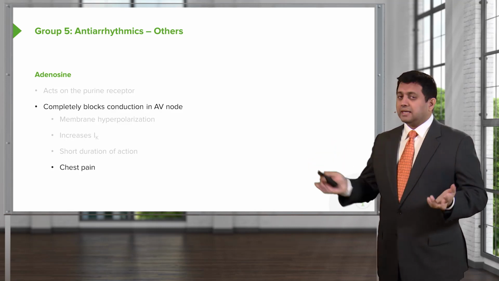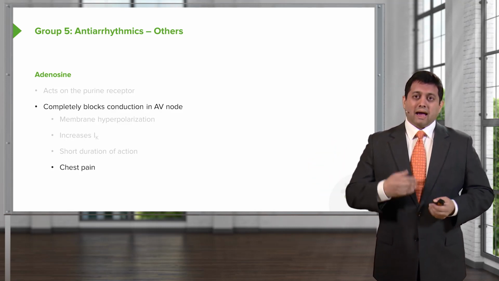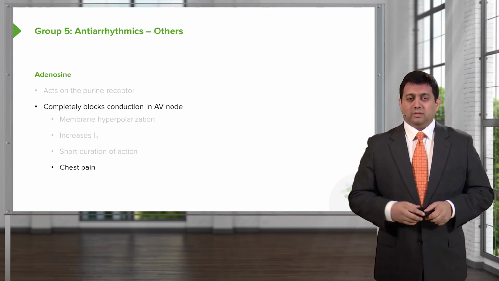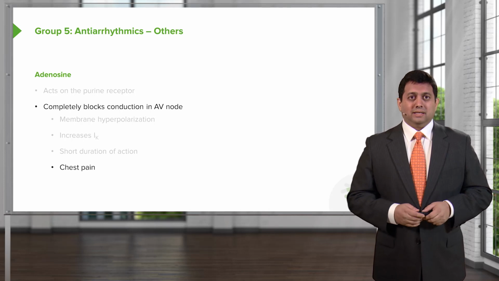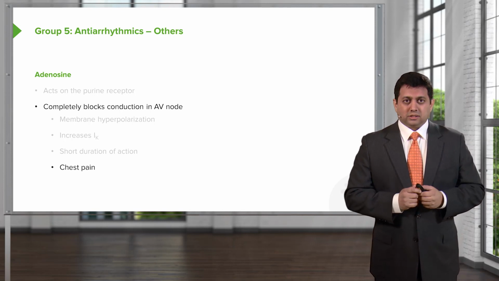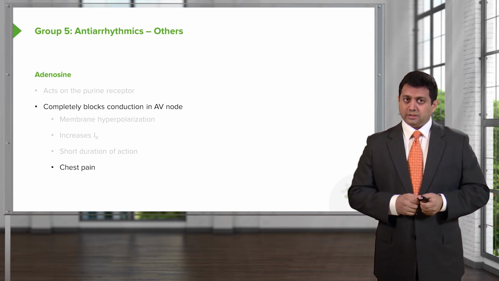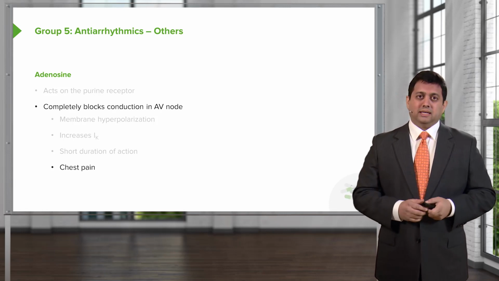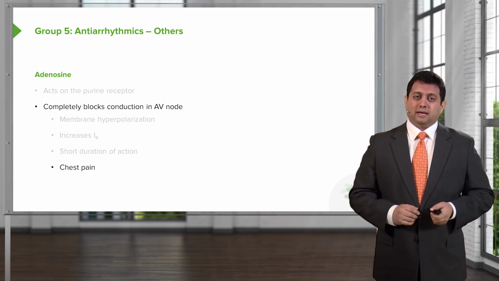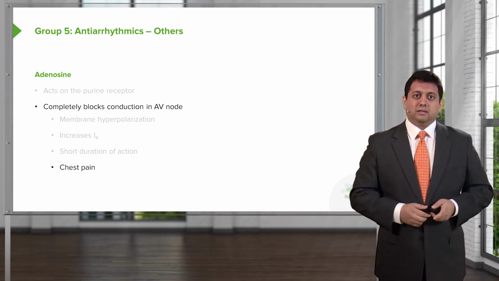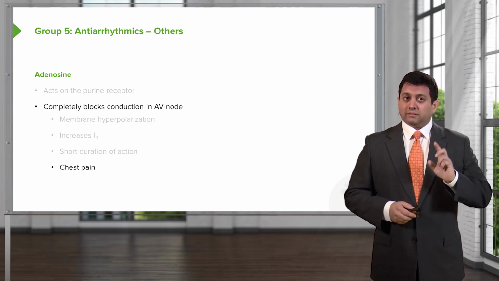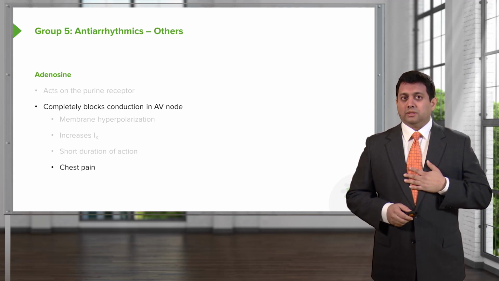When we're talking about adenosine, I do want to mention one thing. How you give this drug is really important. And as you go on to your clerkship and work on code teams, you have to know that adenosine has to be given IV push with a follow-up. So you take your adenosine syringe, you get it ready. When you're told to give it, you give it and you push it as hard as you can into the IV line. Then you take a saline flush and you flush it after that. You need to get that drug into the heart as quickly as possible because it has such a short duration of action. The other thing I'm going to warn you about is that the patients will complain of chest pain